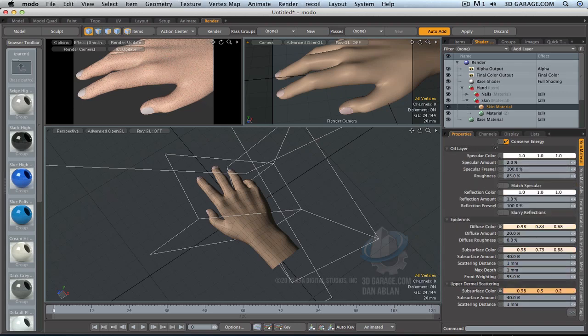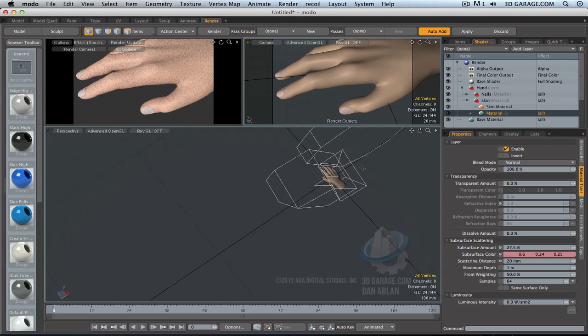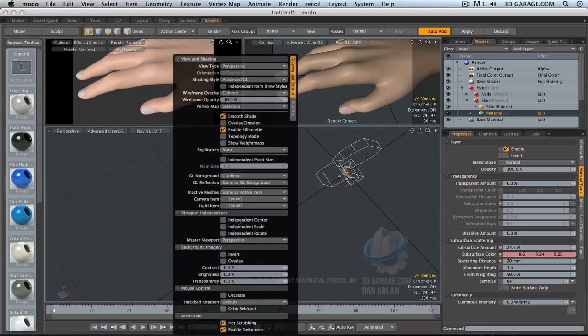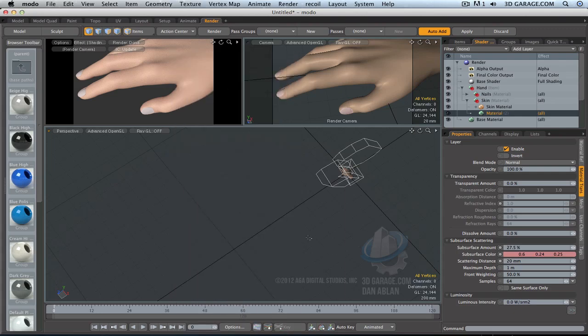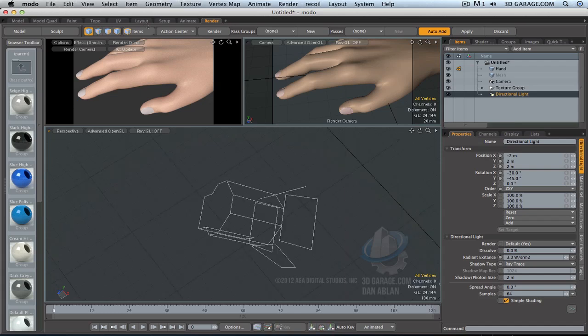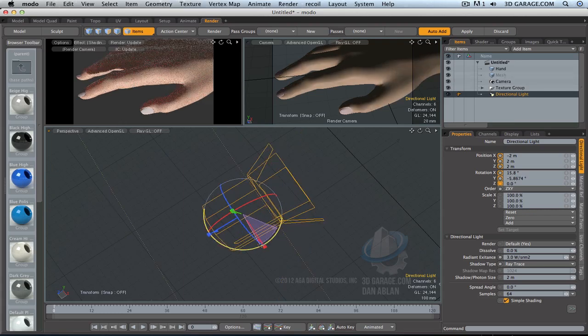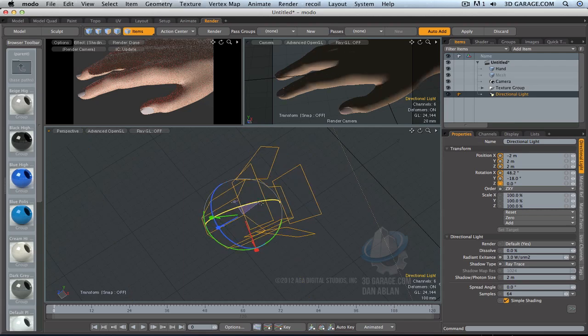But then if you still come back into the base material, go to Material Trans, you can still put on some subsurface scattering too, so that if you have a light, let's say, let's make sure our light is on. Visibility, show lights, okay. And then we'll come here to Items, Directional Light. Let's just fit it to view. Select the item itself, and let's just rotate it. So if that light's kind of shining up with the subsurface and the skin material on, you're going to now even get more realism with that light kind of permeating through the membranes in between the fingers where it gets thin, up in the tips of the fingers,